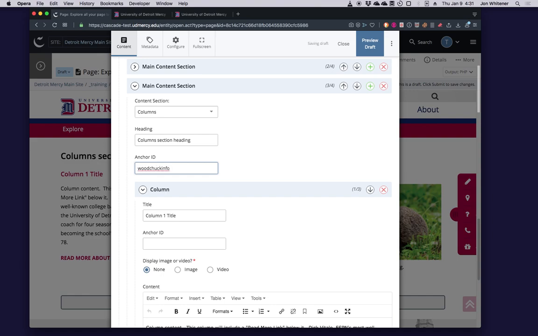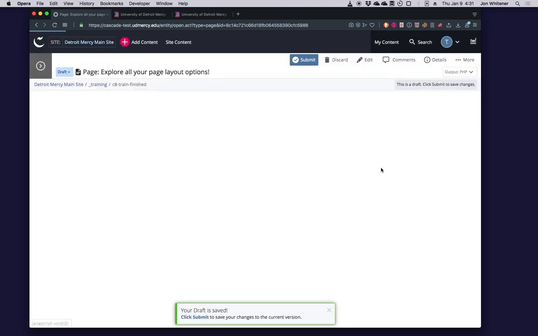Now, also, you don't want to have any spaces in your anchor ID, and I think dashes are allowed, but anyhow, I'm going to copy that because you're going to want it later. Okay, so woodchuck info is now the anchor ID on this page. So I'm going to preview the draft. And in fact, I'm just going to submit it